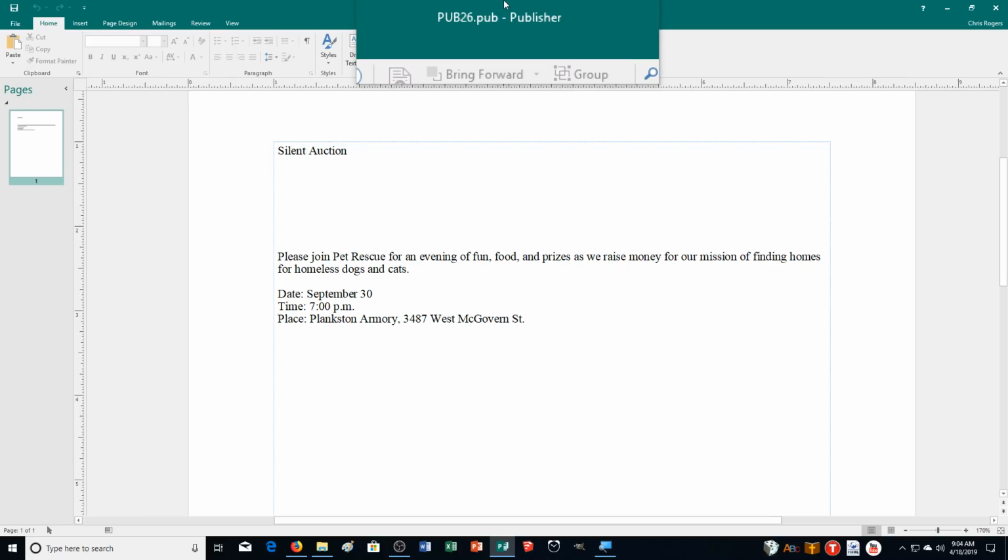Now this is a critical thinking exercise, and basically what that means is we're not learning any new skills, but we're using the ones that we have learned in the past few exercises. So you should have opened up Pub 26 for this exercise. It's just one file, Pub 26, and we're dealing with that pet rescue organization that we've done some exercises,